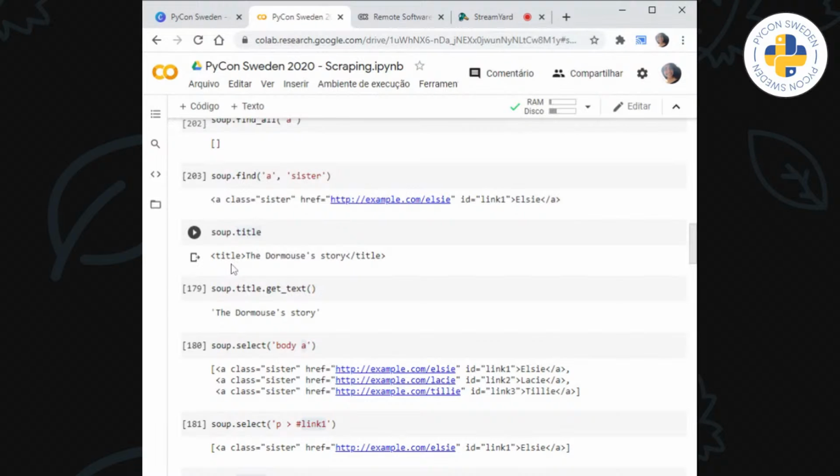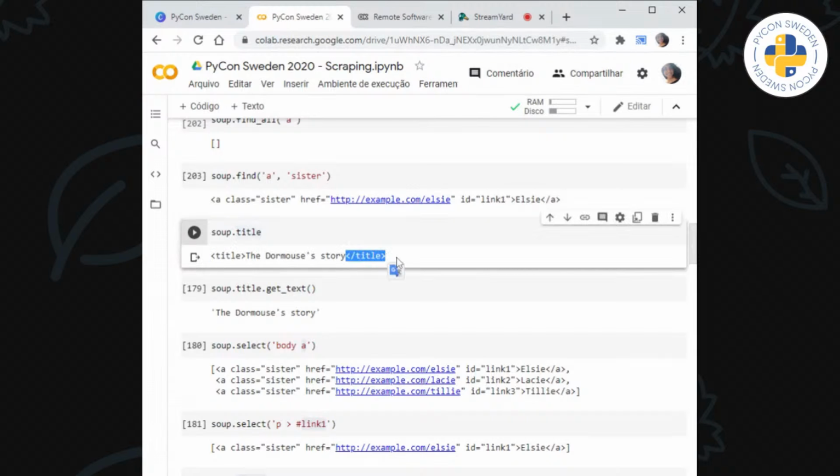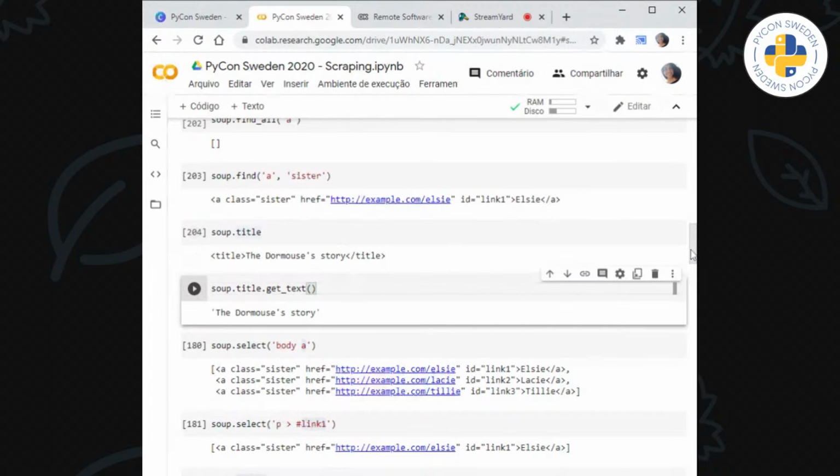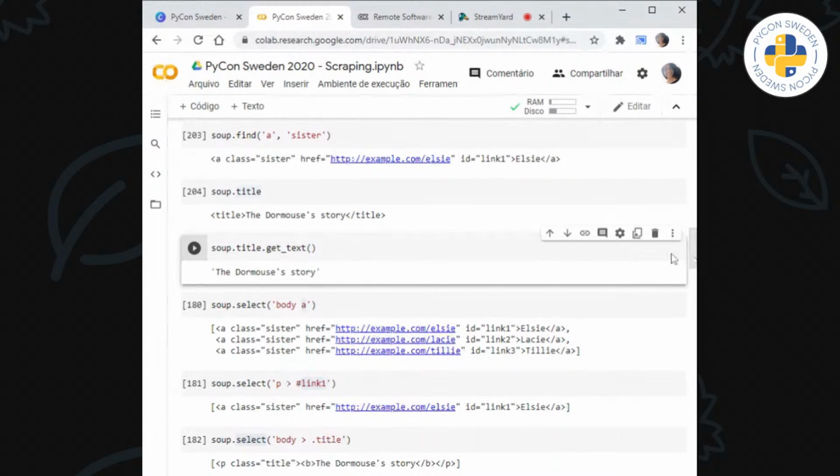However, when you get a tag, you get the tag included, so you have the information of what tag it is at the beginning and at the end of the string, which is almost always not what you want. So a really useful thing is to use this helper method called getText. It takes off the tags and leaves only the actual text.